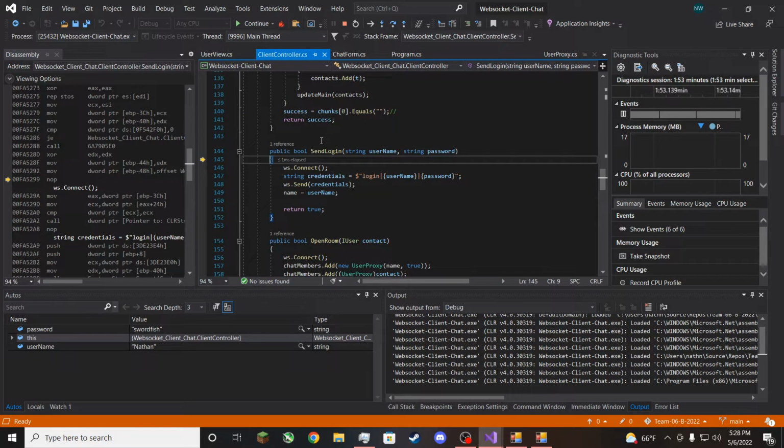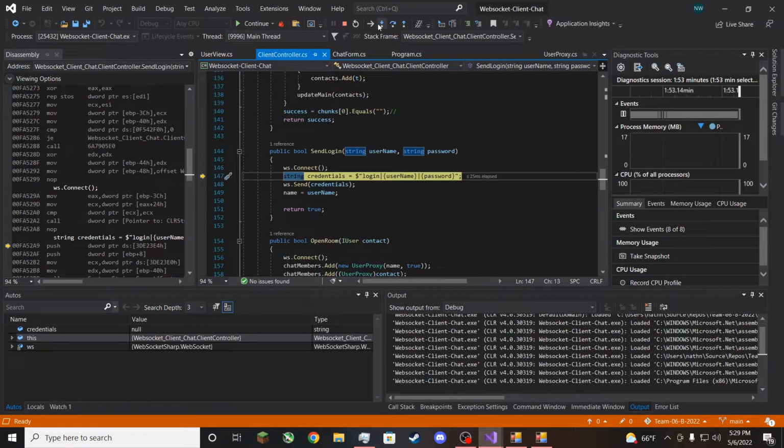a method called sendLogin in the client controller. When sendLogin is called, it is passed both a username and password, obviously the username and password that is given in the UX text box. From here, we connect to the server for a login, and then proceed to send it the credentials of the login,